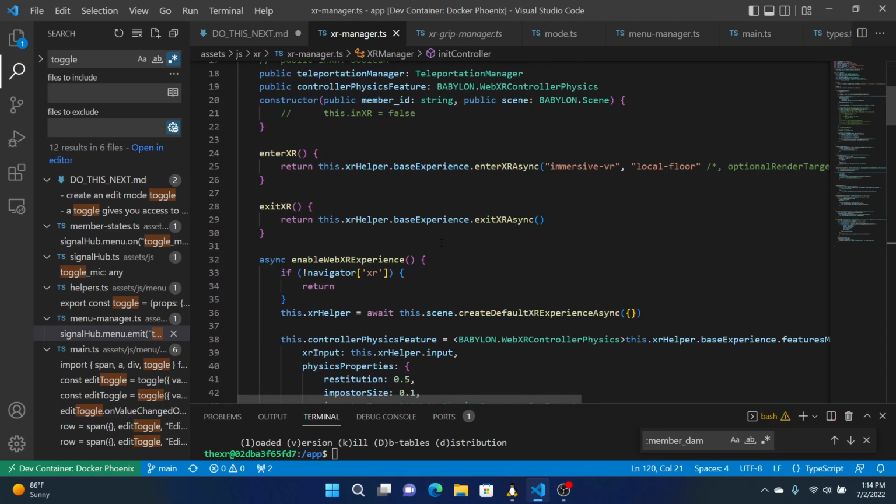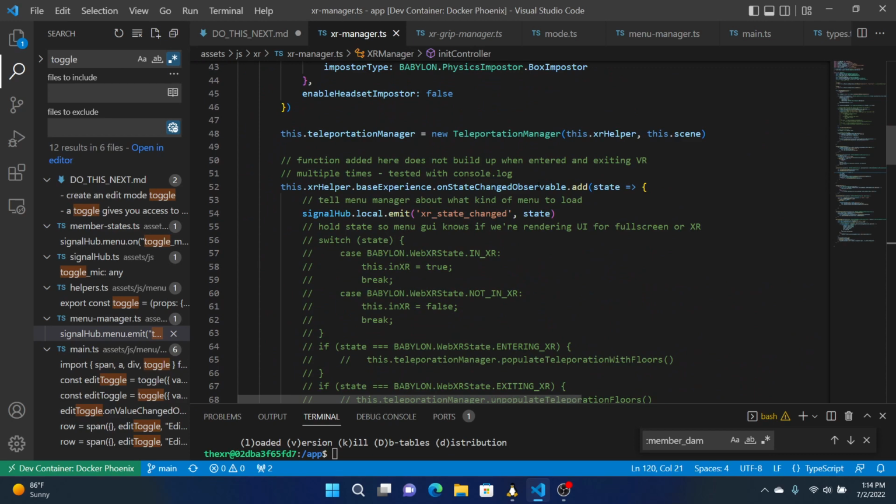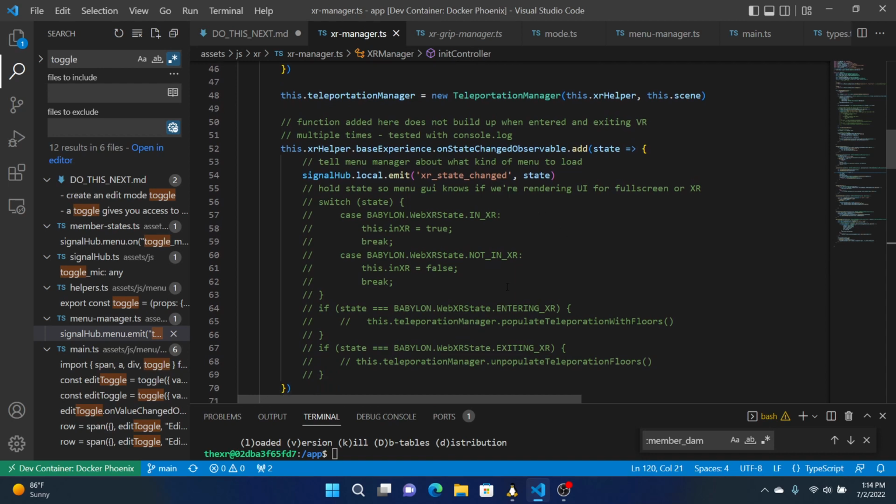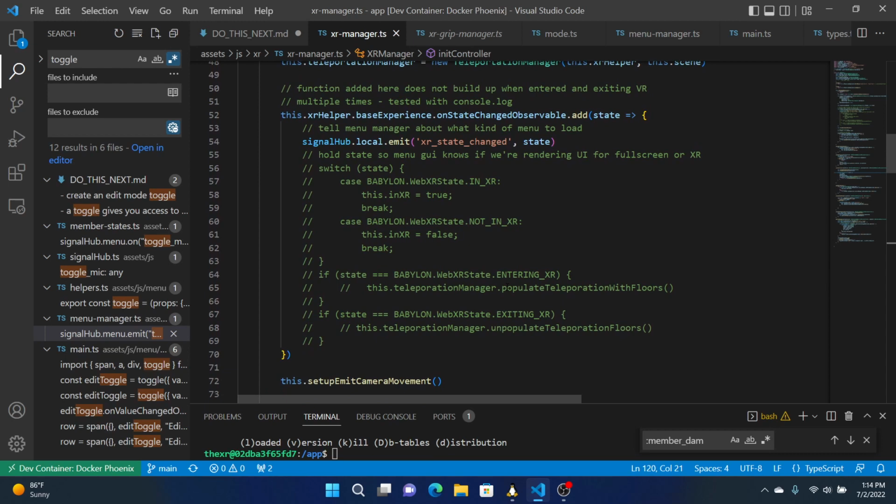Let's see, we do have some callbacks for when the state changes. So here we emit XR state changed, so that allows us to listen for any kind of state change. In XR, not in XR, entering, exiting. So if we're exiting XR,